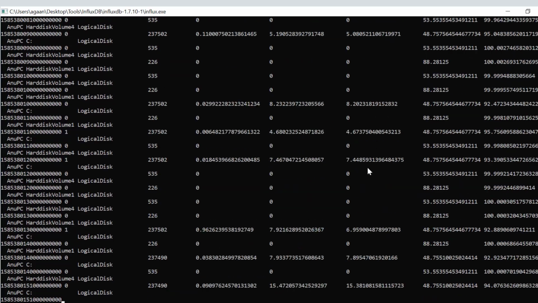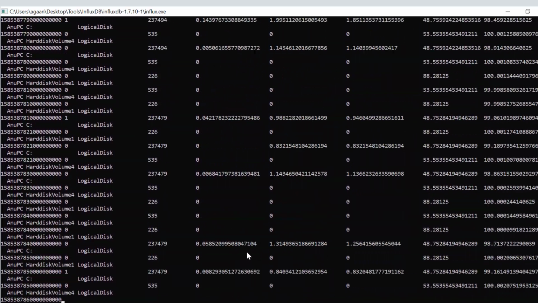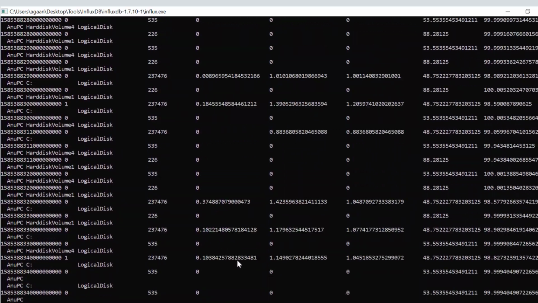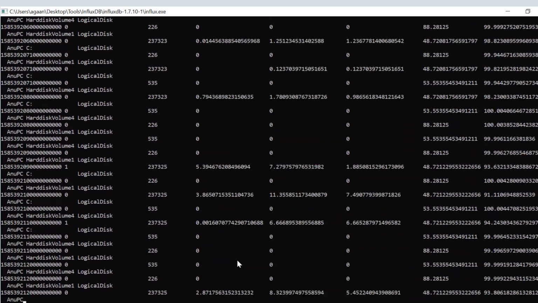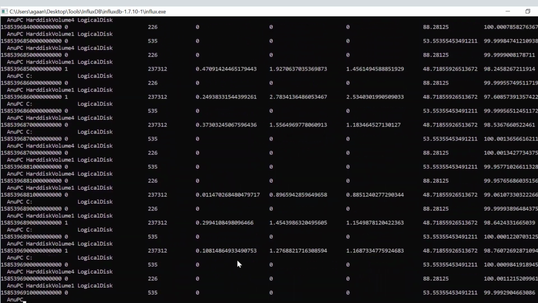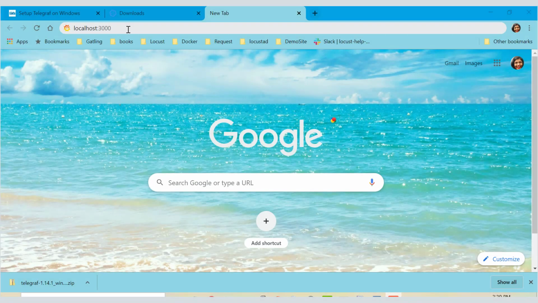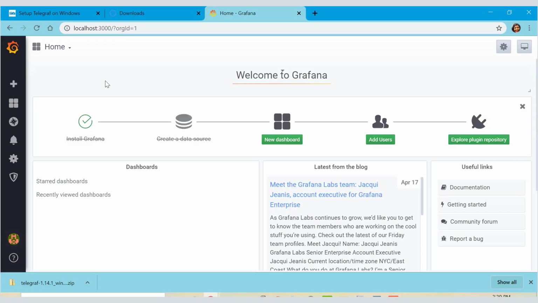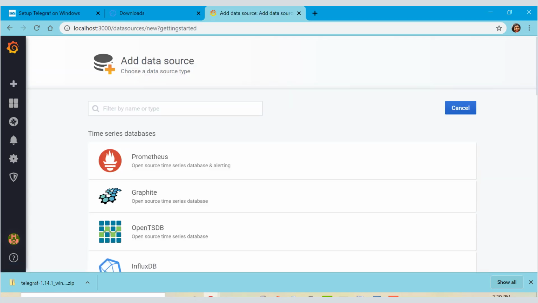Let's go to Grafana. We already installed Grafana in one of our previous lectures. So we will go to Grafana, configure the DB, and view the graph over there in Grafana. To go to Grafana, I'll go to localhost:3000. Once again, I'll go to create data source over here.